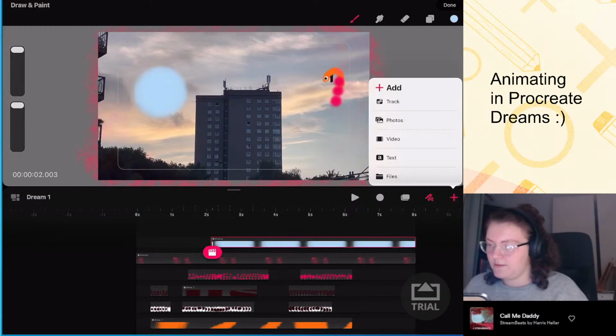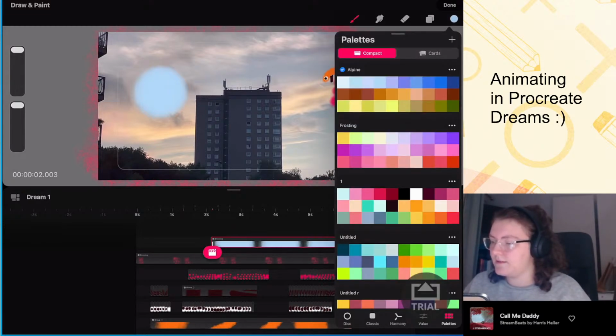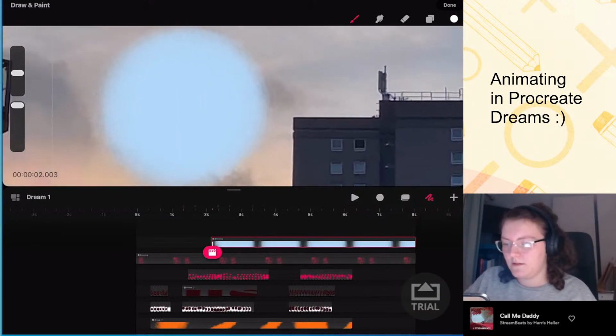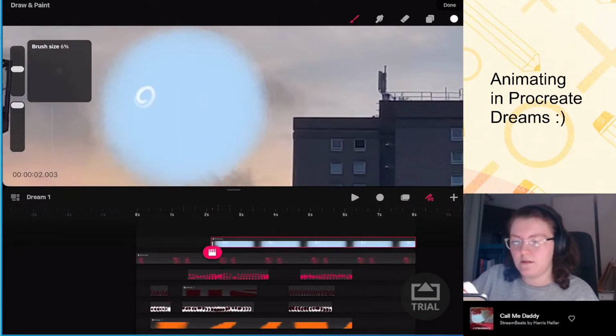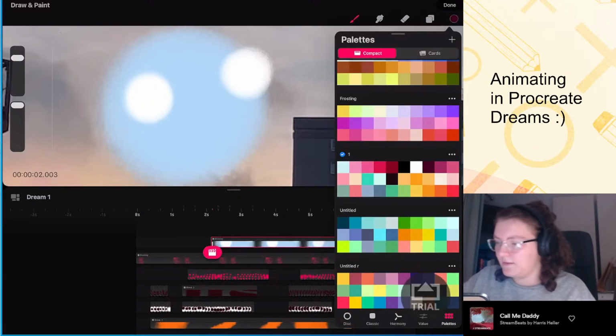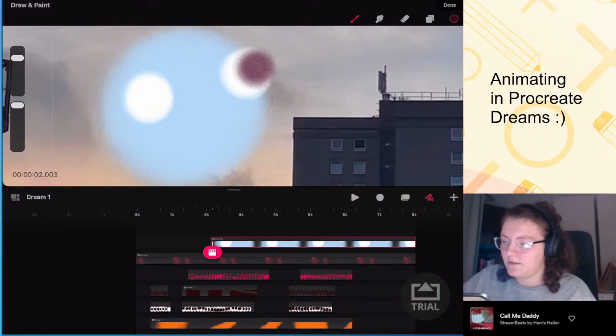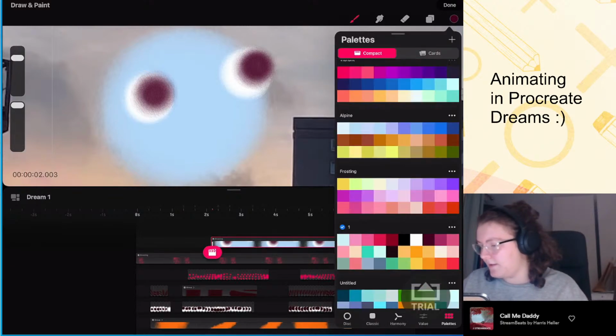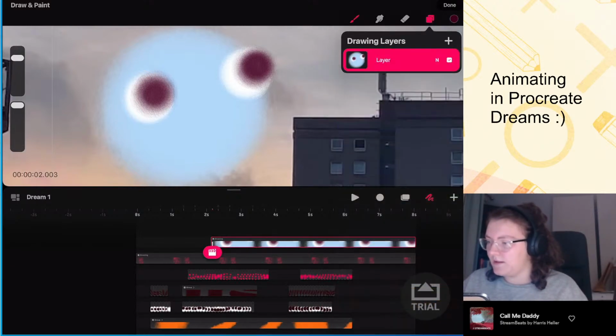Let's go for some eyes. No, it needs to be bigger. No idea what this is, but we move, and then